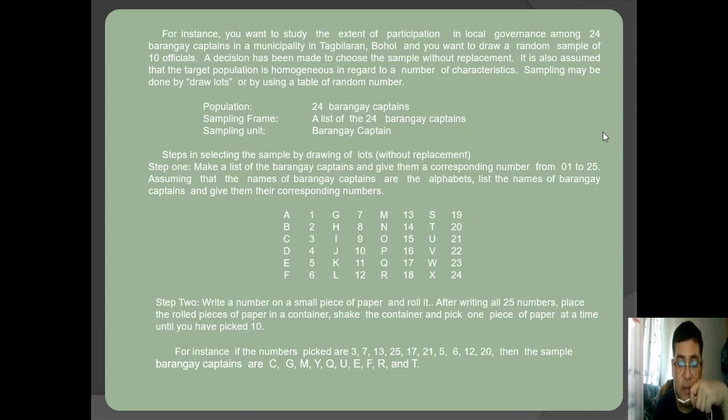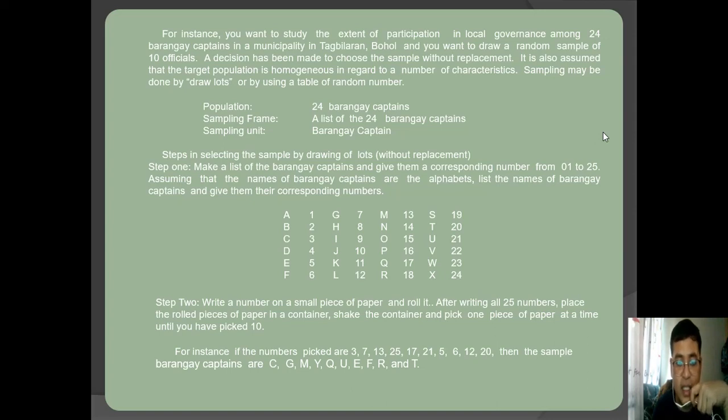In regard to a number of characteristics, sampling may be done by draw lots or by using a table of random numbers. So here, example population is 24 barangay captains, sampling frame, a list of the 24 barangay captains, sampling unit is the barangay captain. So what are you going to do here? Step 1, make a list of the barangay captains and give them corresponding number from 01 to 25. Assuming that the names of the barangay captains are the alphabets, list the name of the barangay captains and give